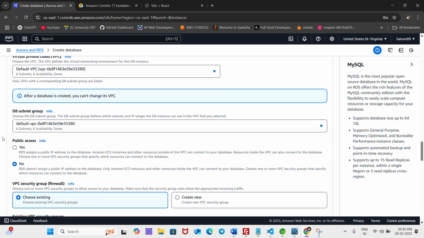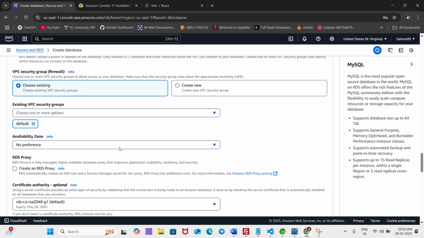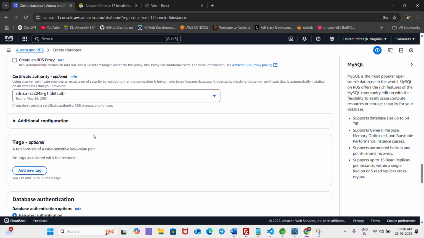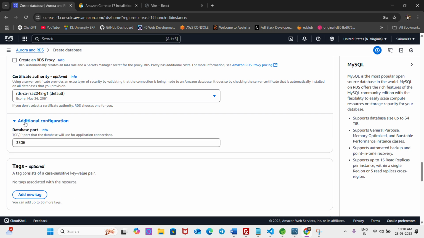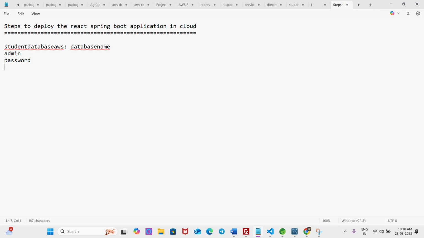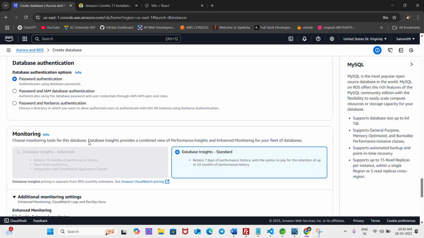No need to change anything, right? One of the important sections is public access, so make it yes. Once you are done, go to your additional configuration, where all the MySQL databases will work under a port. So I am recording this particular thing also. Once the number is set,